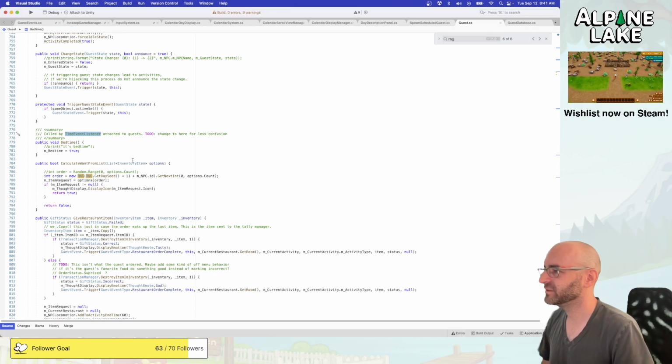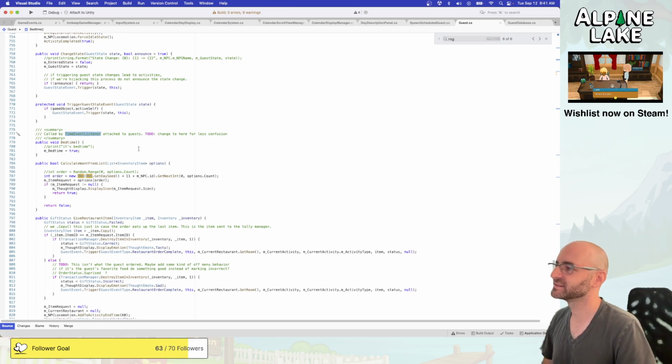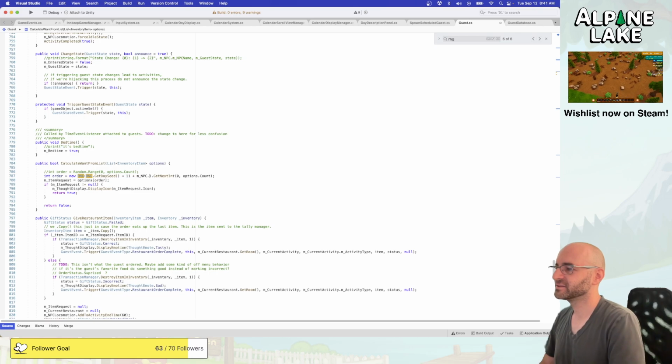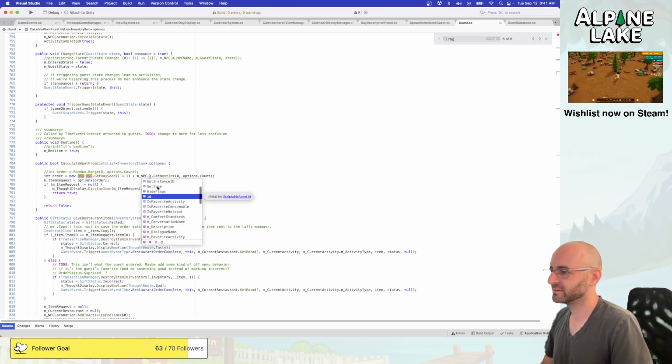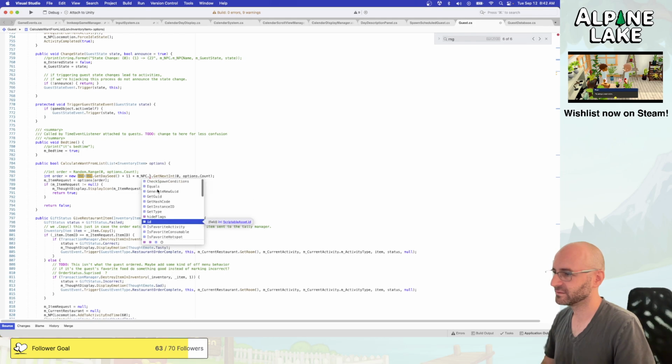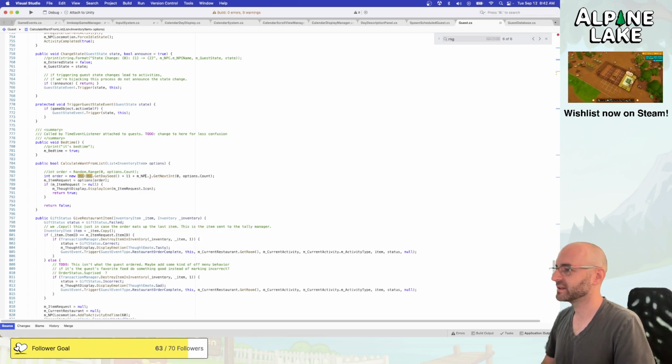Called by time event listener attached to guests. Change to here for less confusion. That's a good bug to fix. All right, so this should be fixed. This should definitely... Is there a better thing I can get though? I can get the dialogue actually. That's a good one. So dialogue, Pixel Crushers dot dialogue system dot get